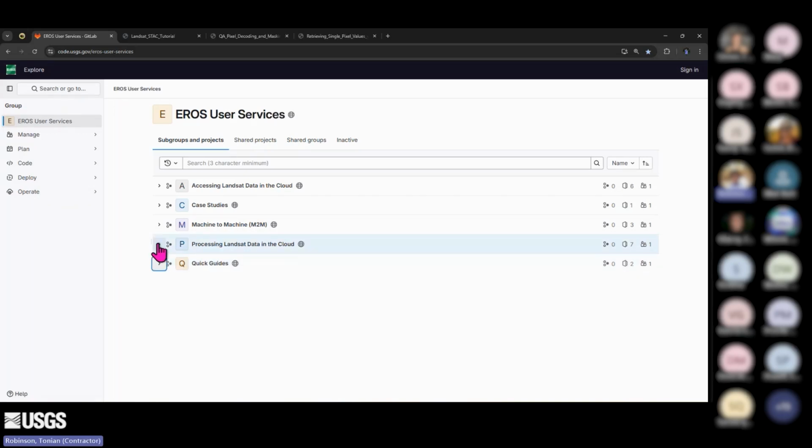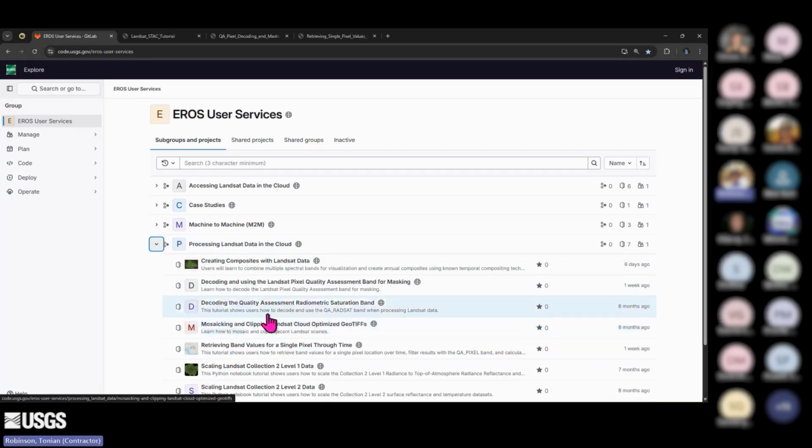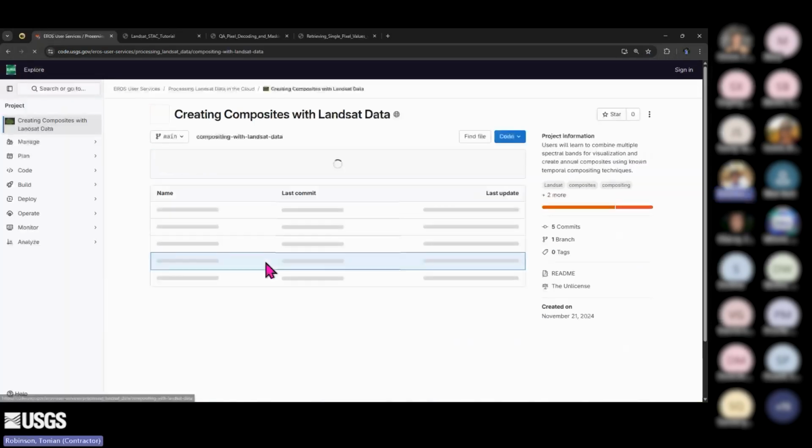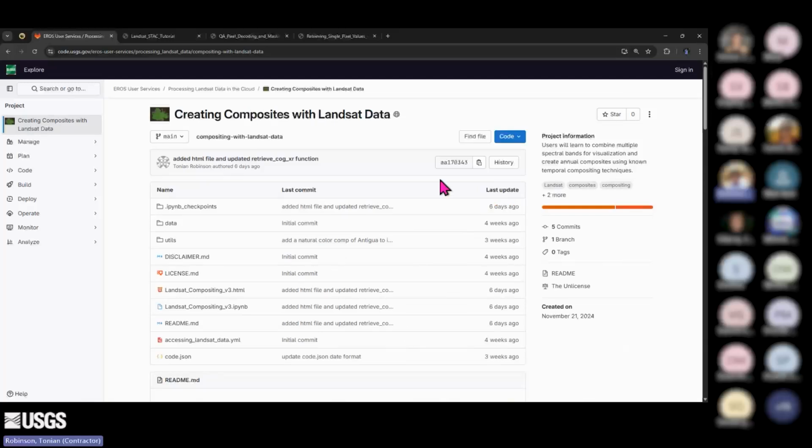So before I actually download the first tutorial, which I'm going to fully demo, I'm just going to go through and show you, for example, how the tutorials are set up in the GitLab. So here's an example with the recent creating composites in Landsat data tutorial. In every tutorial, there is the notebook, the HTML file of the notebook that is run. There is an environment YML file, and that is just the file that you use to create your Python environment. Sometimes there are data files with just images outputted and util folders, which include the GeoJSON that is used for